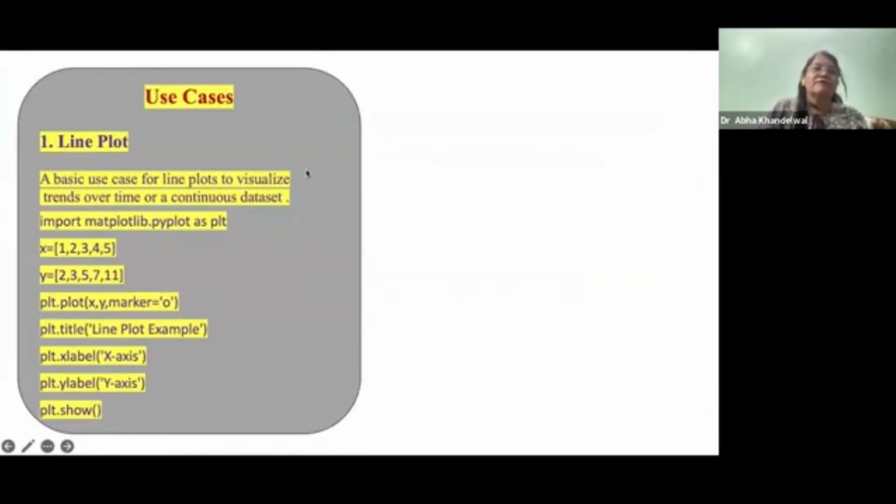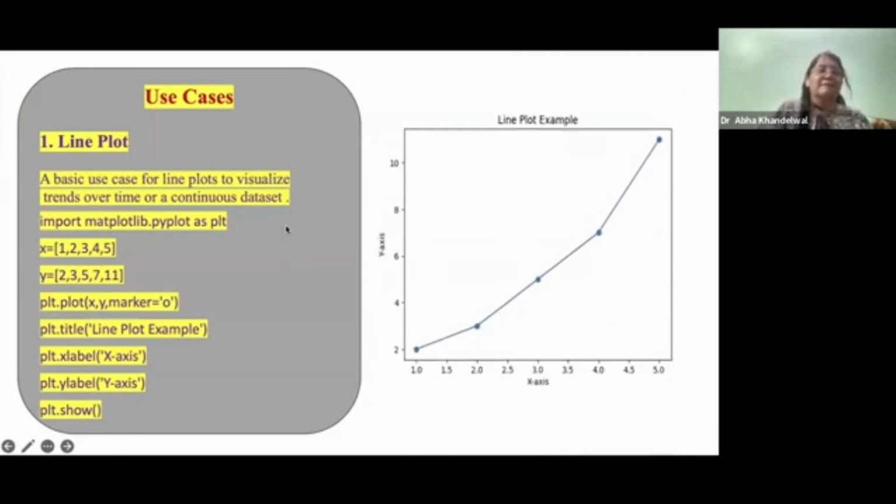Now this is the program for a line plot. Today you will be able to understand easily because the basic use case for a line plot is to visualize a trend over time or a continuous data set. So first, what we have to do is import. What will you import? Your library. Our respective library is